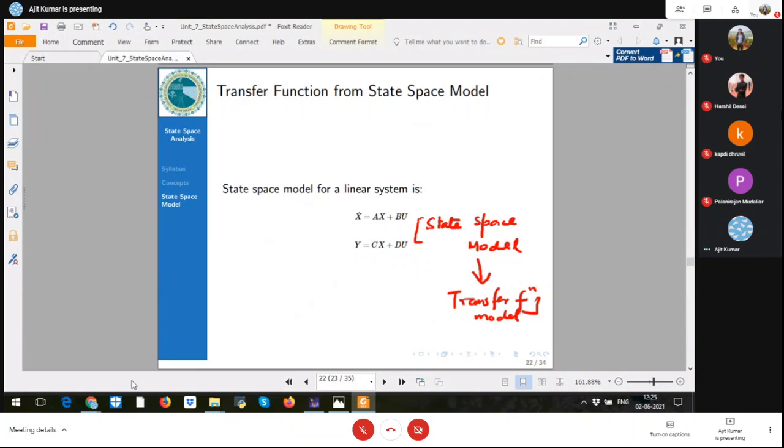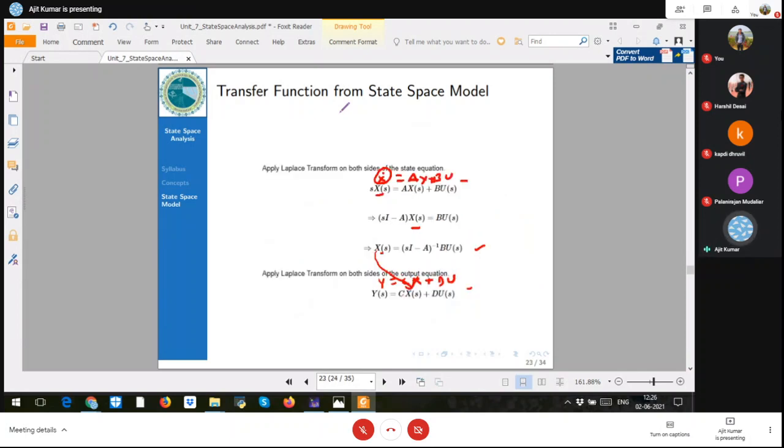Today we had started from here, and the new things we have learned are the following. Earlier we did two exercises. First, transferring a differential equation to a state space model, or getting a state space model from a differential equation and transfer function model. In this we are doing the opposite exercise. When we have a state space model, which is Ax plus Bu and y equals Cx plus Du, can we get the transfer function model? This was the question, and we said yes. For a given state space model, we can always find a transfer function model.